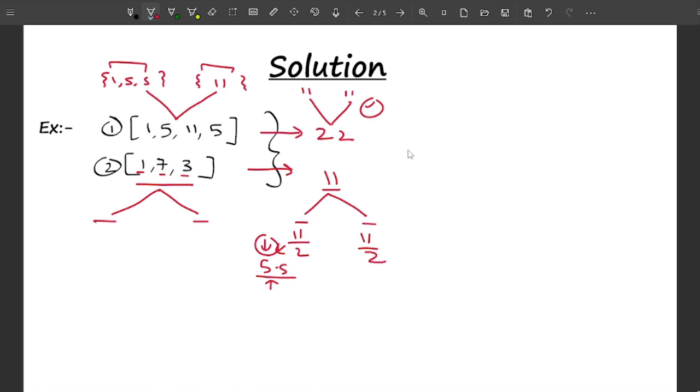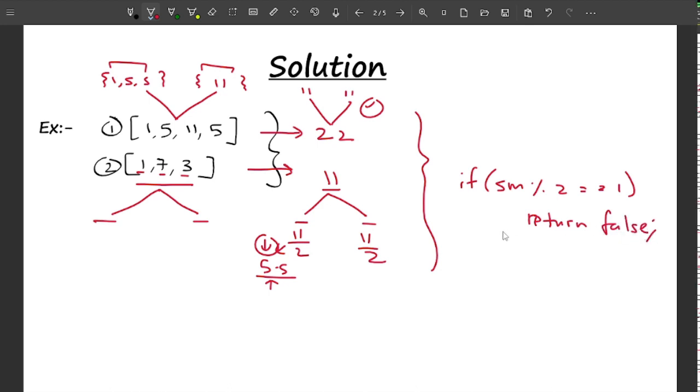I can write this observation. If the sum of the array is odd, right? So if sum mod 2 is equal to 1, then I can directly return false, isn't it guys? After this, the second thing is, if the sum is even,